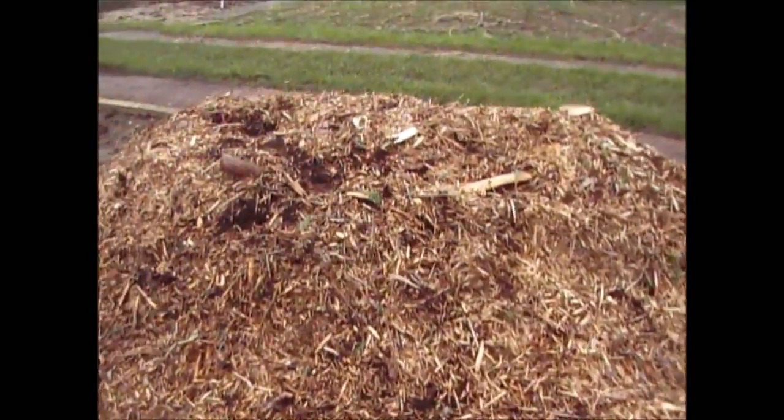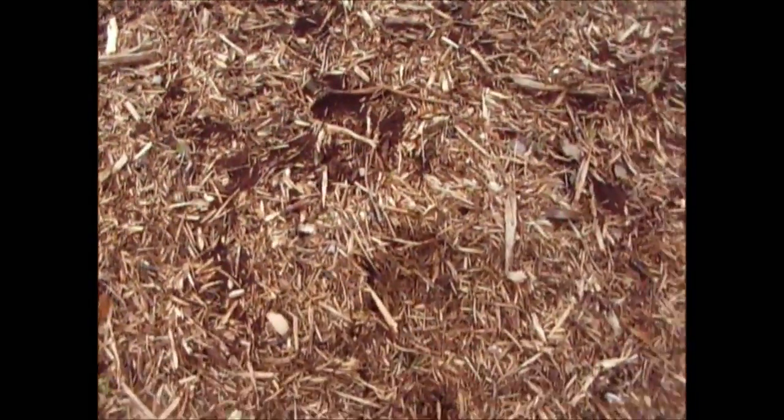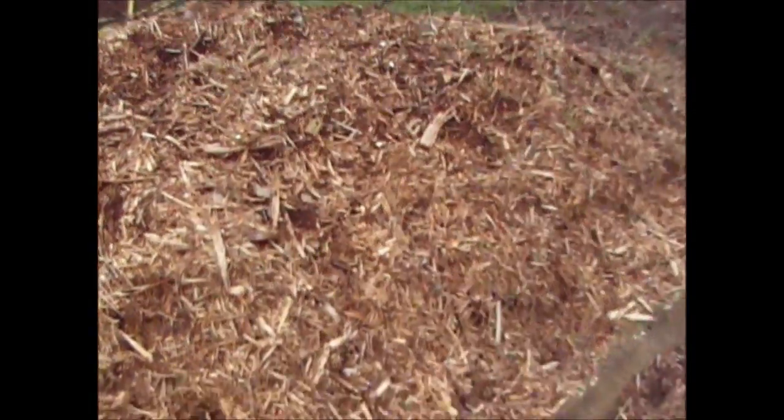The wood chip, I don't know if you can tell, but the wood chip pile has started to go down. We've had plenty of rain, so it's kept it wet. But what I'm going to be doing is obviously shifting all of this very shortly. So I'm going to be bagging all of this up and taking it up the garden. I'm going to put some of this on the strawberry patch to discourage the slugs and that,